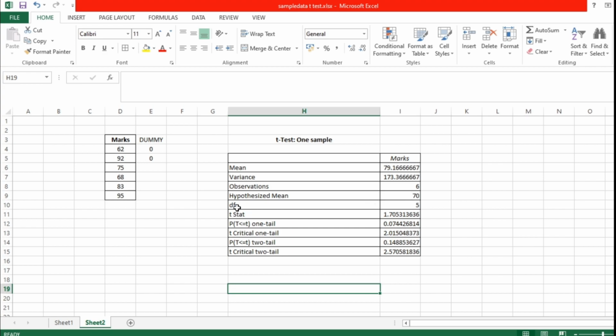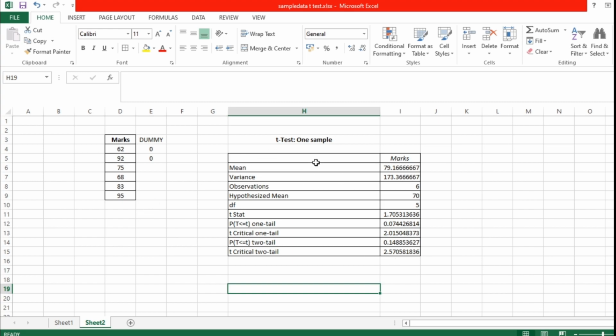Now hypothesized mean is 70, degrees of freedom is 5, t value is 1.705, p value is 0.0744, and t critical one tail is 2.015, P two tail is 0.14, and t critical two tail is 2.57.